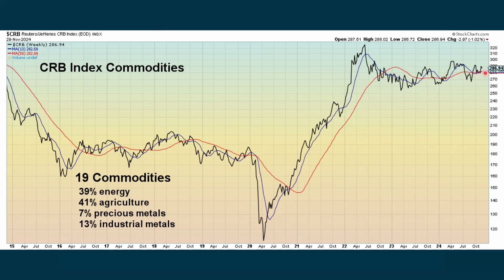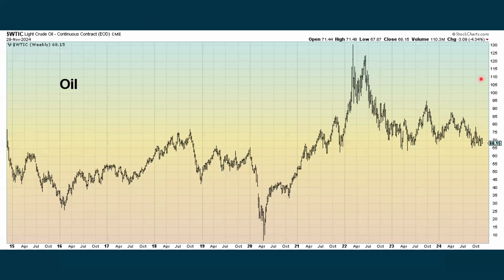Then looking at the broad market, kind of chopping around with commodities right now and showing a slight, well, it depends on how you look at this. This is still longer term positive, but in the daily charts, commodities are not quite sure what they want to do right now. We're watching oil. We always watch it, but this is dropping down because there was a ceasefire between Hamas, Hezbollah, and Israel. But I'm already reading reports where that's been broken, so we'll have to see if that has an